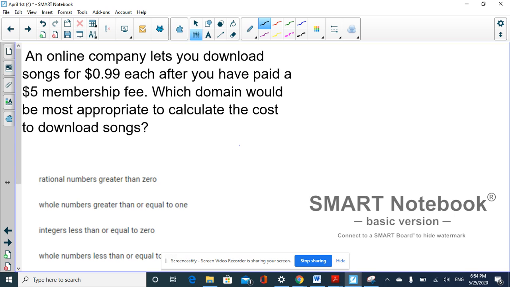An online company lets you download songs for 0.99 each after you have paid a $5 membership fee. Which domain would be most appropriate to calculate the cost to download songs? Okay, what is the domain? We know that the domain is the values of X, the values of the inputs, the set of